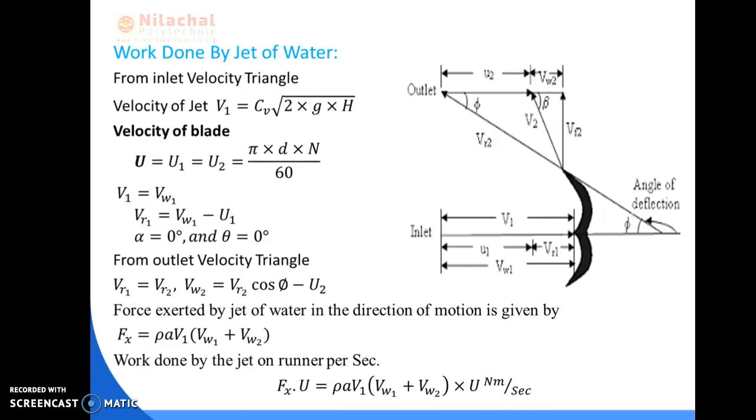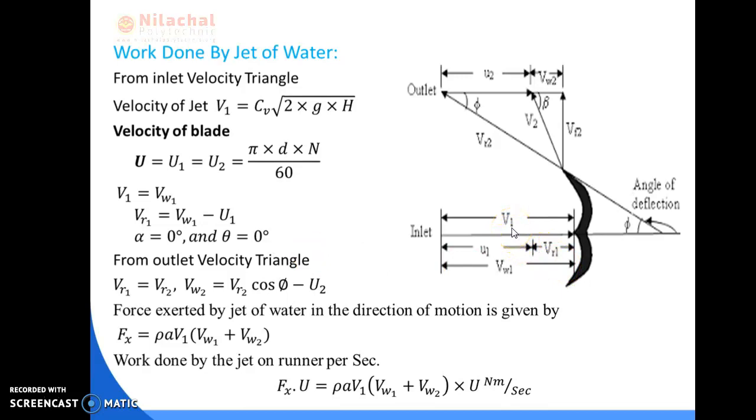Relative velocity is nothing but the velocity with which the water enters the hemispherical internal surfaces. As the velocity line is along the horizontal, the angle made by the jet is 0 degrees. While the relative velocity makes an angle of theta and is also along the horizontal direction, so theta is equal to 0 degrees.